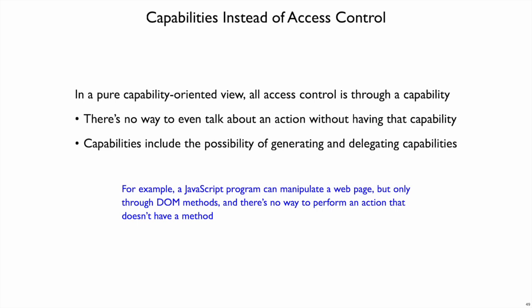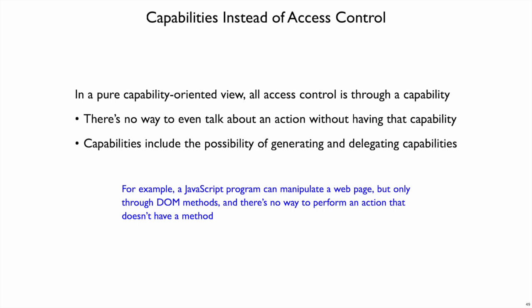a pure capability-oriented view. That is, there's no need for access control that might check a capability against a resource, because the only way to get to a resource is by having the capability to talk about that resource. In a pure capability-oriented system, when you create a file, not only does the file exist, but you inherit some capability to work with that file, and others get to work with the file only if you communicate that capability